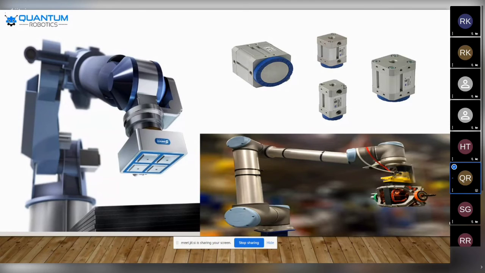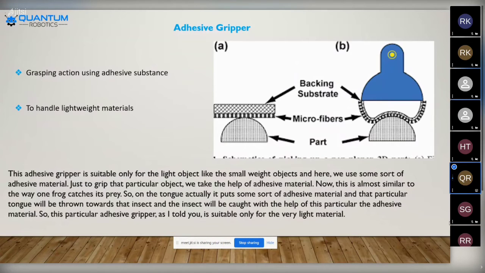And here we see the adhesive gripper. It is used for actions like grasping using adhesive substance, and to handle lightweight materials.